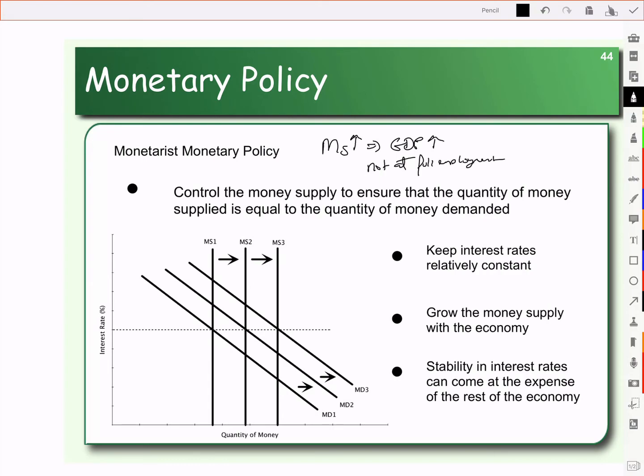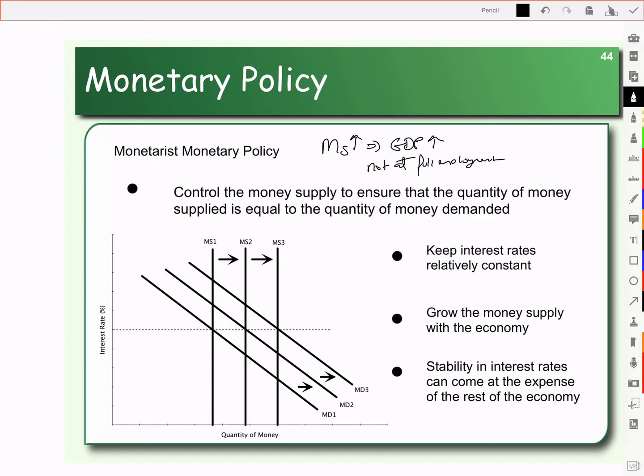okay, and that's because that increase in the money supply, if the velocity of money is constant, would mean that we would spend the money just as many times as we spent the other dollars, and so we would be buying more stuff and the economy would grow. Well, in order for a monetarist monetary policy to get long-term growth,